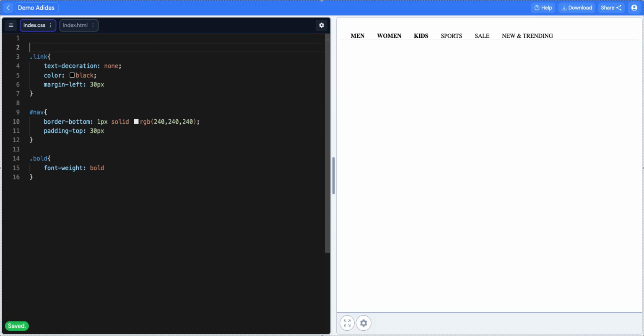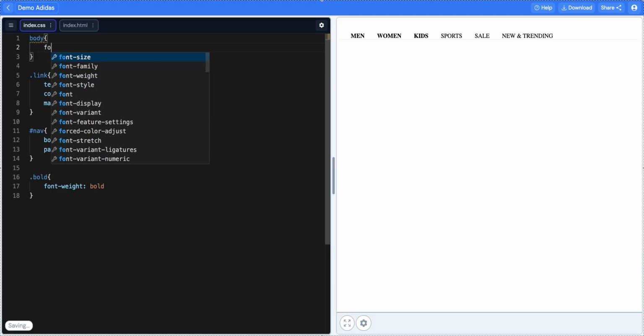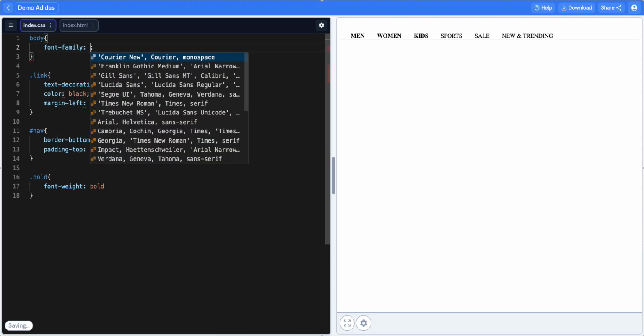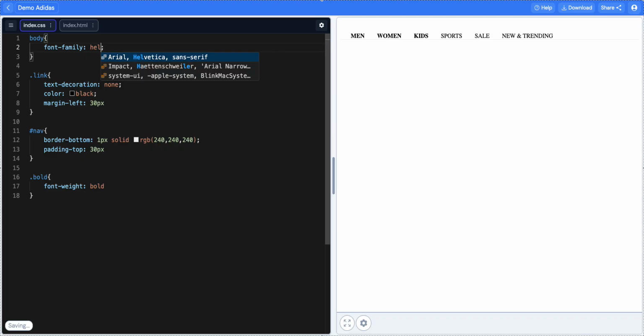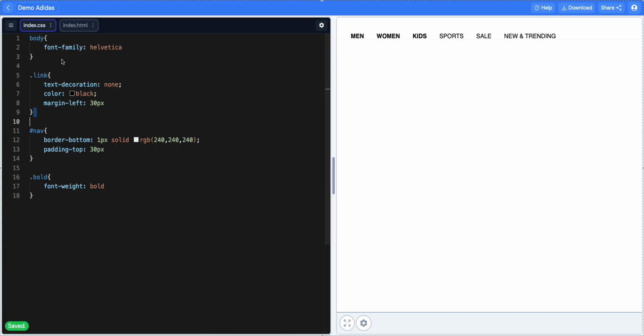So just to kind of get the right font for now, I encourage you to find the exact font. I'm just going to do font family Helvetica. Helvetica. Now that's looking great. Okay, great. And then the last thing I'm going to do is I'm going to add a little bit of